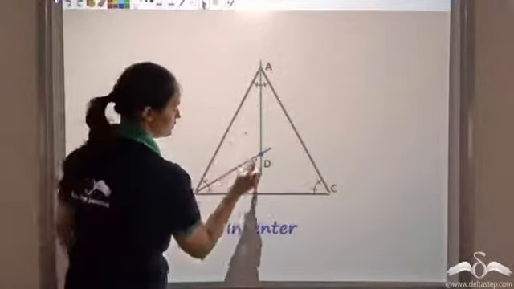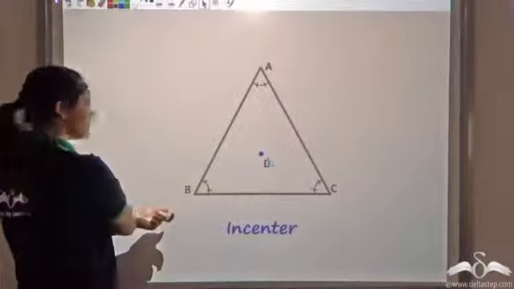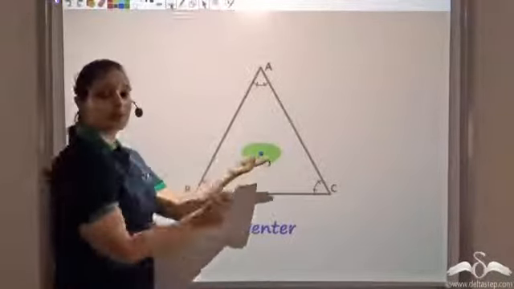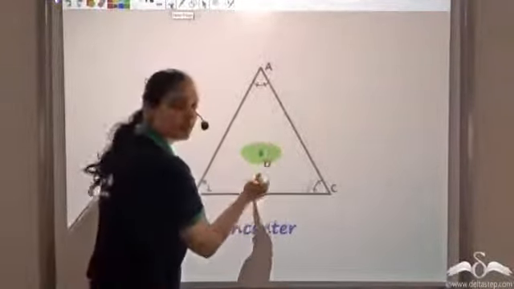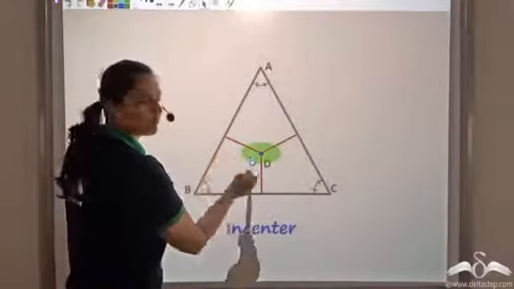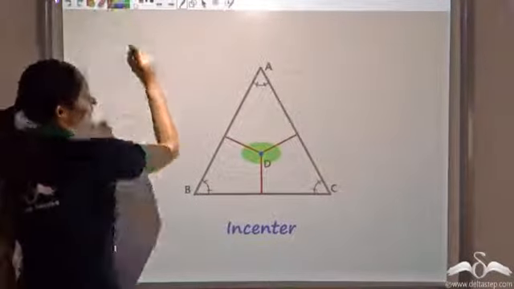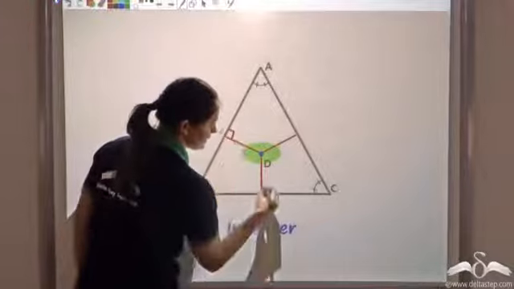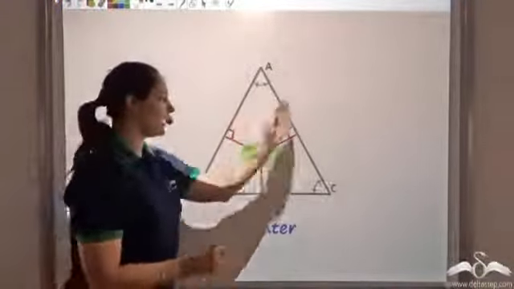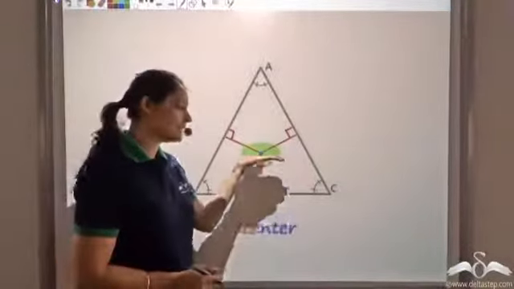Now, let's look at this point. This is the incenter, and hence this is a point where I can open the shop, because this point is equidistant from all the three sides. So the perpendicular distance is the same from this point to any side. The perpendicular distance is the same, and hence I can say that this is an incenter.